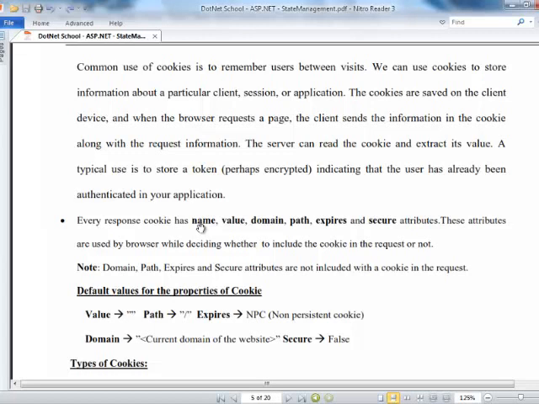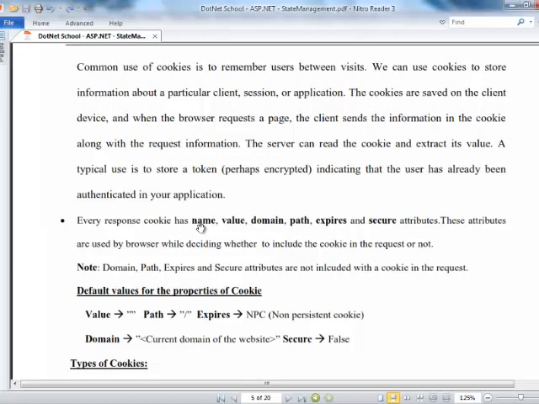You can modify the cookie data because it is available locally in a client machine. I can go to that file, open that file, and easily modify the data. So it is not recommended to store sensitive data like passwords or bank account numbers. Not recommended to store.